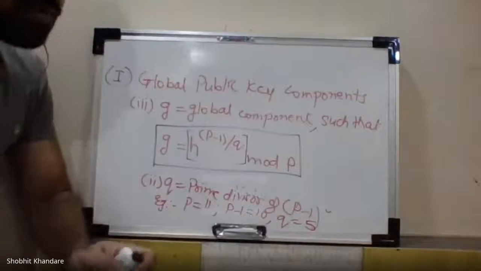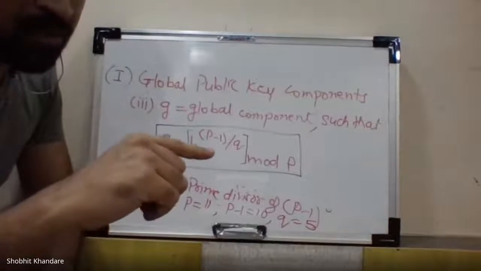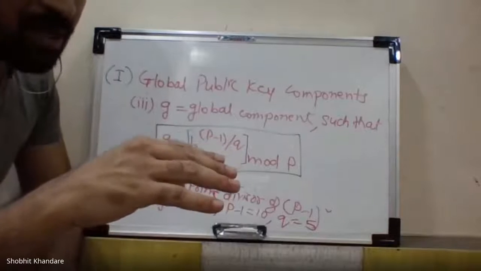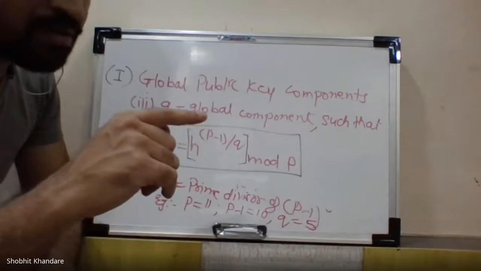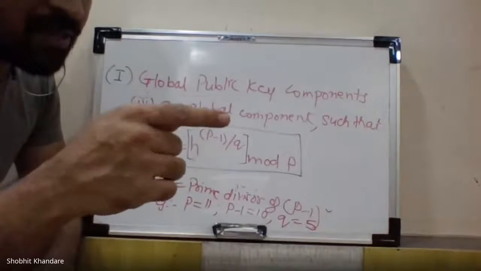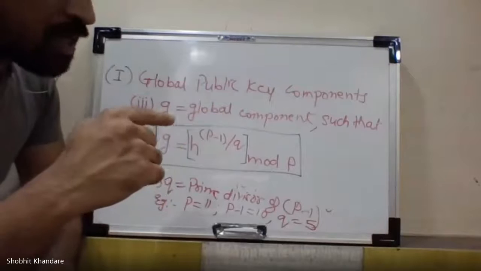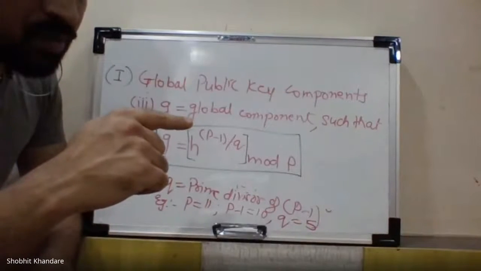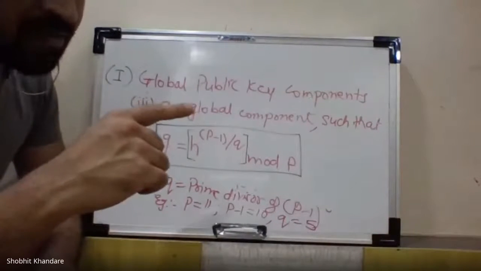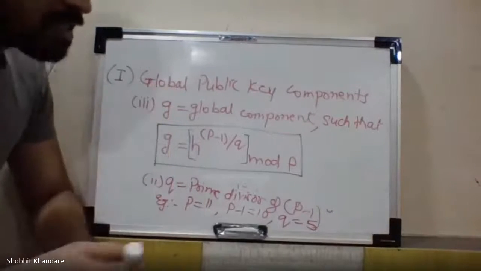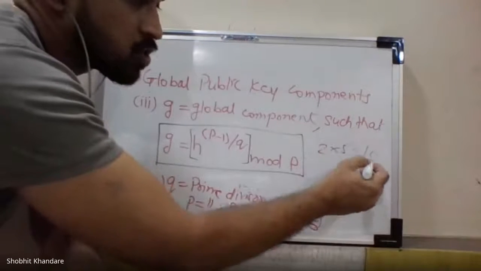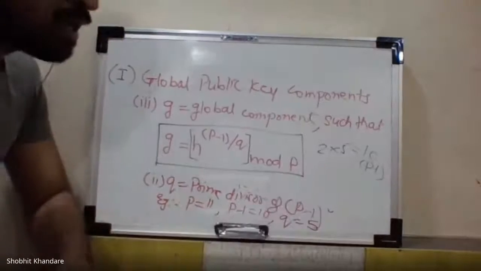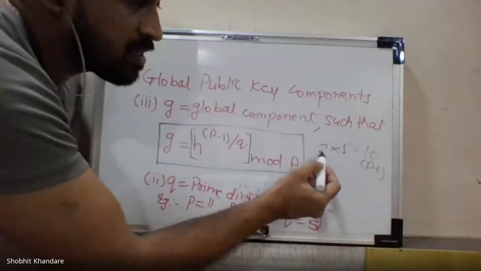2 is also a prime number. It's a prime divisor if you want. We want a prime divisor. Even though 2 is a prime number, because it is divided by itself as well as 1, whenever you take the numbers 2 into 5, which is equal to 10, where p is equal to p minus 1.